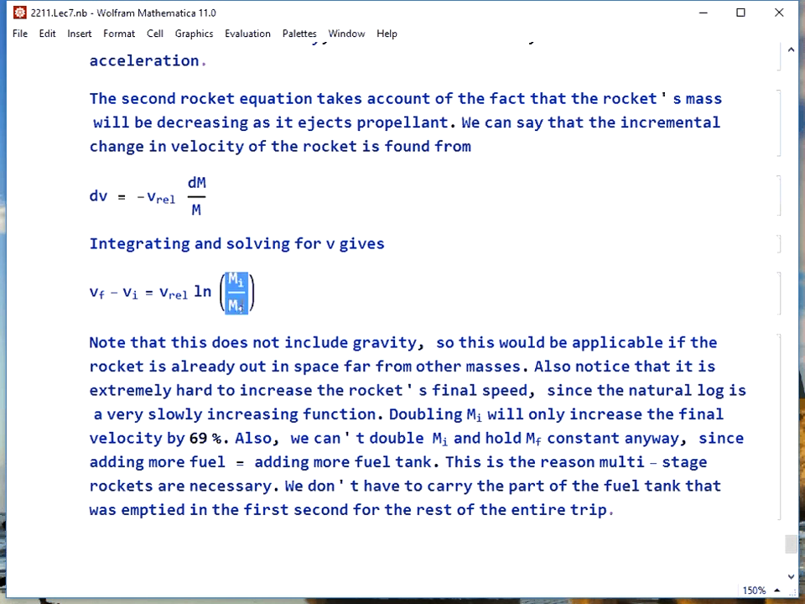This whole reason is why we have multi-stage rockets. You could start getting rid of the fuel tank that you don't need anymore after the first few seconds. So this rocket problem, the key to space travel is to not have this logarithmic function screw everything up, to use